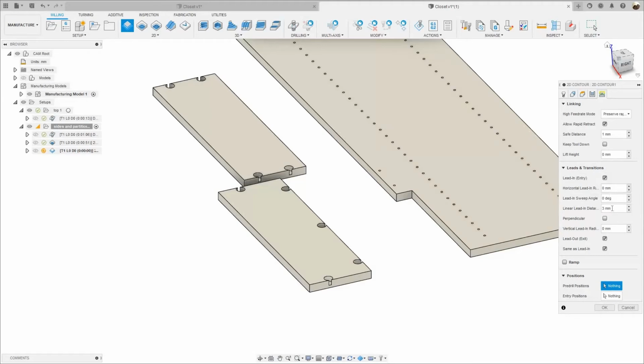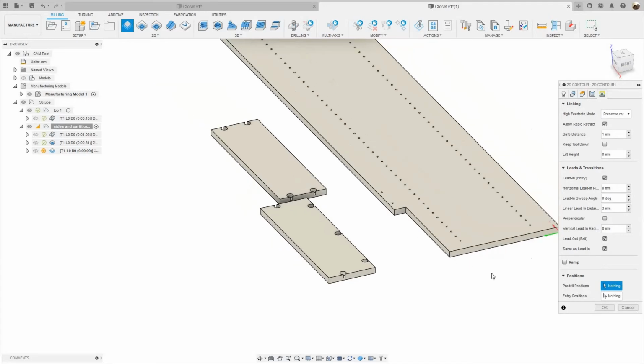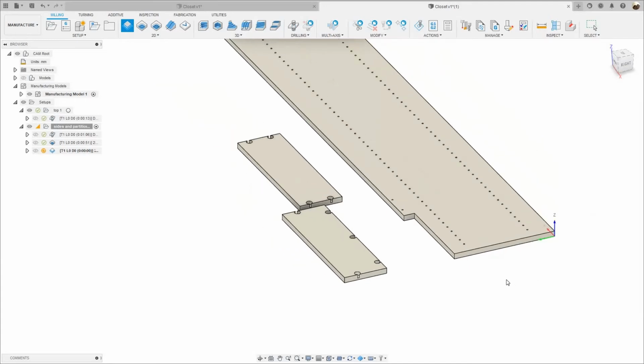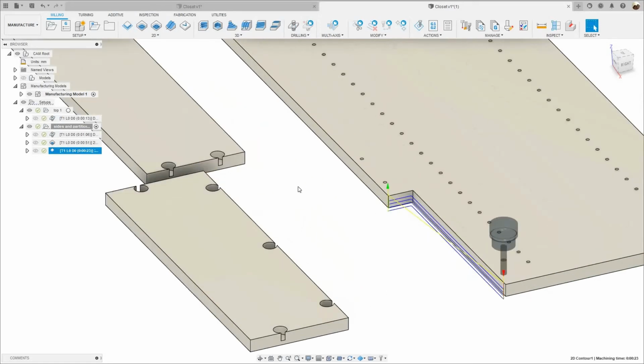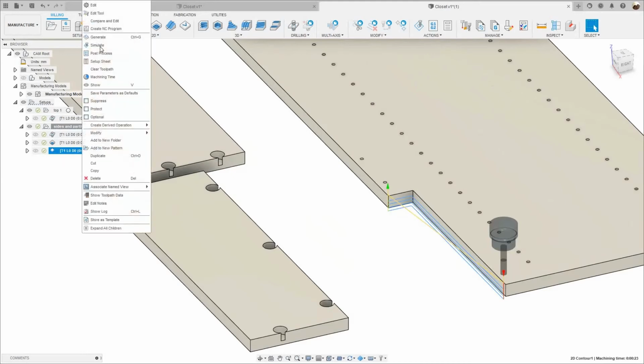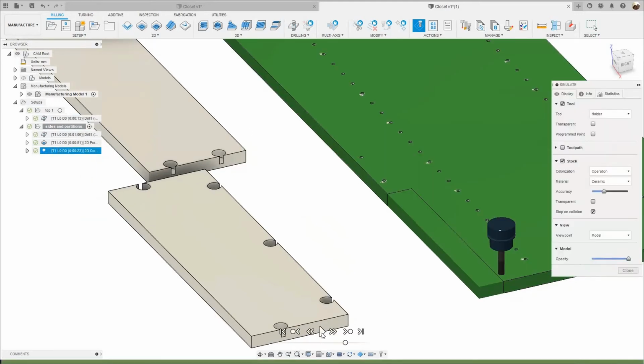Okay. You can save this as user default if you want. Okay. Right click, save as user default. Okay. And what else do I have to do here? I think that's it. So I'm gonna click OK. Okay. And I'm gonna right click, simulate this toolpath. And you see how